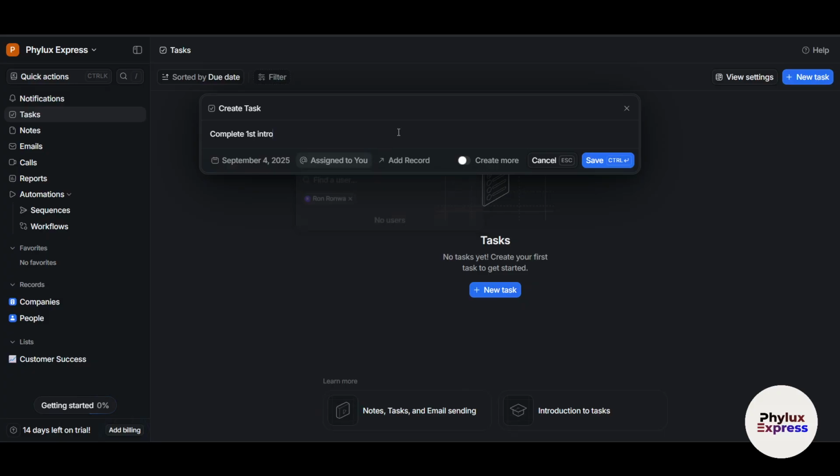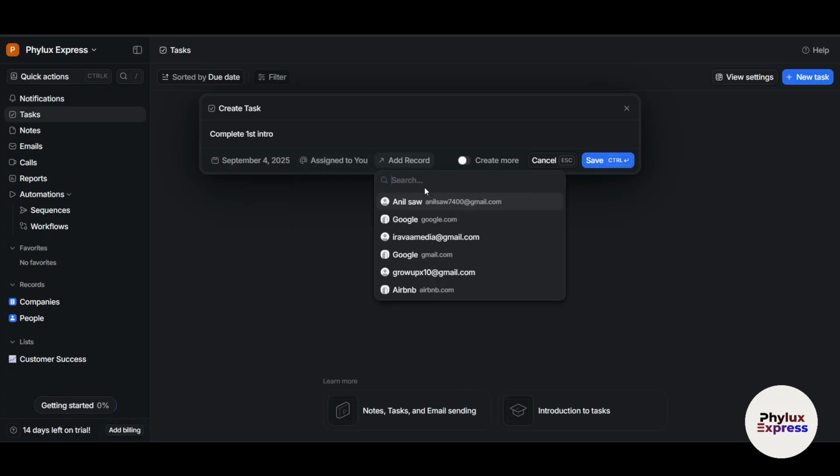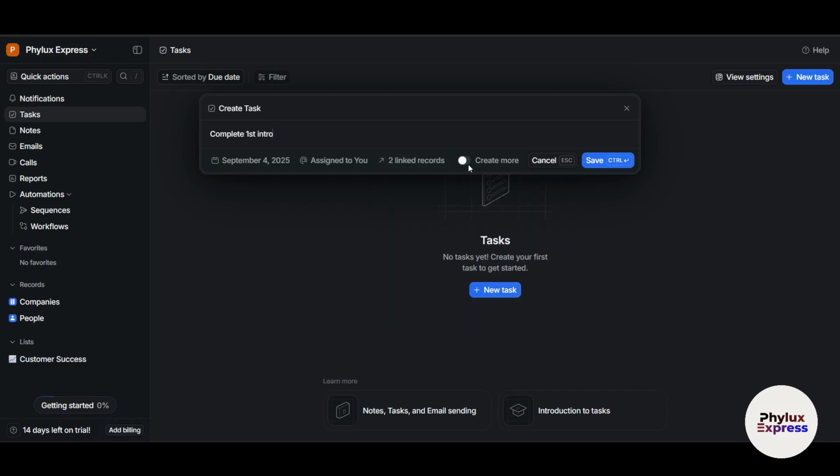It is assigned to Ron. And here, add record. So for example, this task is regarding this person and especially regarding this company. Now here I can click on create more. So if I click on create more here and click on save, or you can also